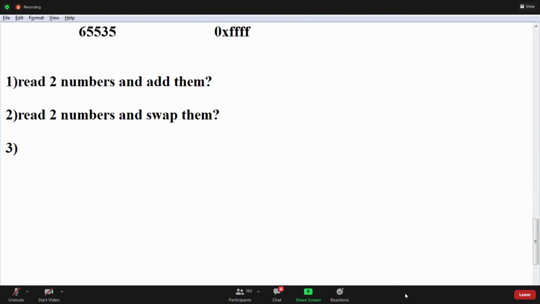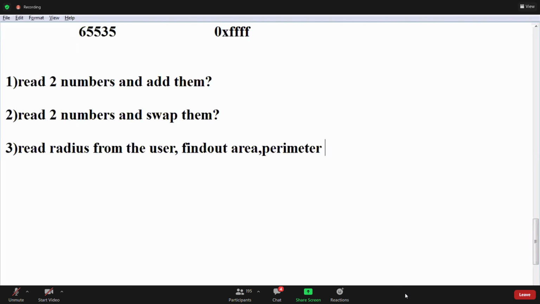Third question. Read the radius from the user. Find out the area and perimeter of the circle, 2 pi r, using pointers only, guys.